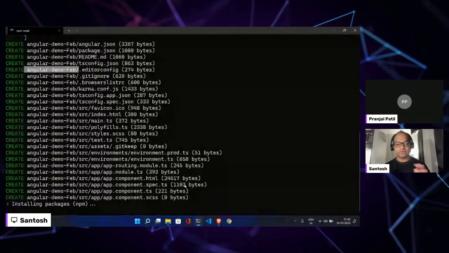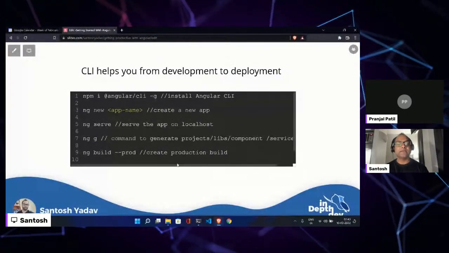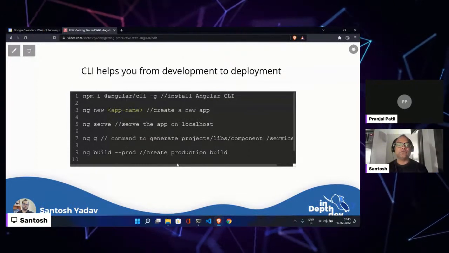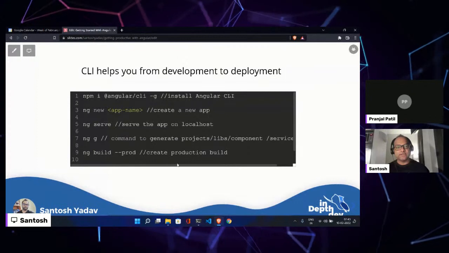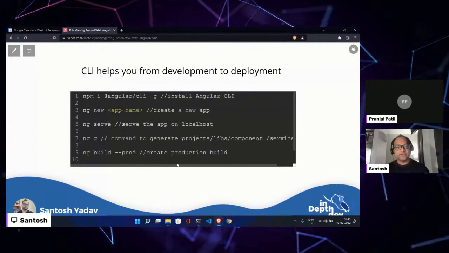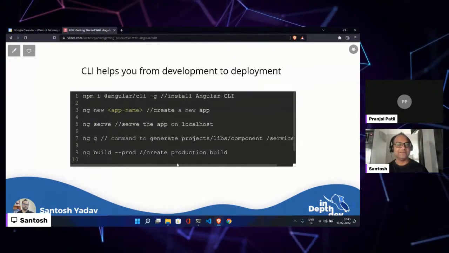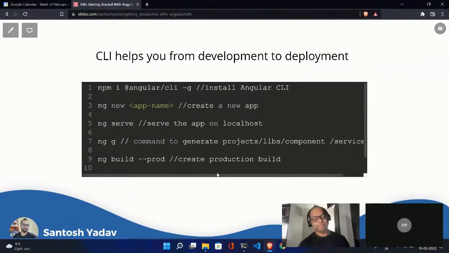But yeah, meanwhile, let's go ahead and see the slides. Once you have created your application, what's the next thing you need? You need the ability to actually run your application locally, and you need to see what's there. And whenever you make some changes, you need to see your changes being reflected in your browser. So for that you can just say ng serve. ng serve is another command which serves my application, and once you do that, it will start the application on a port.